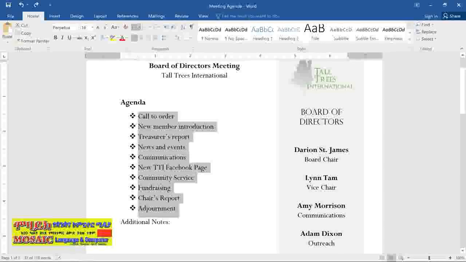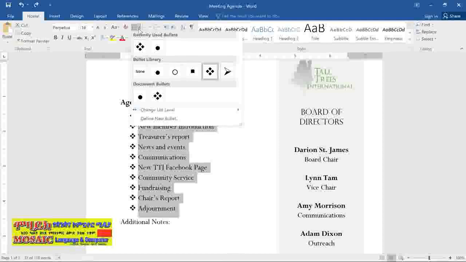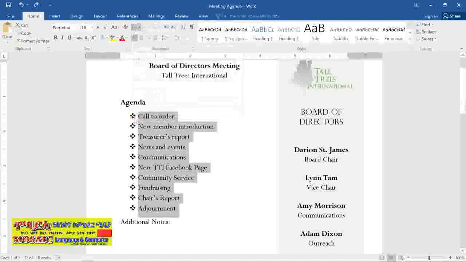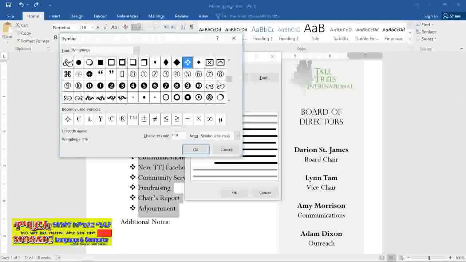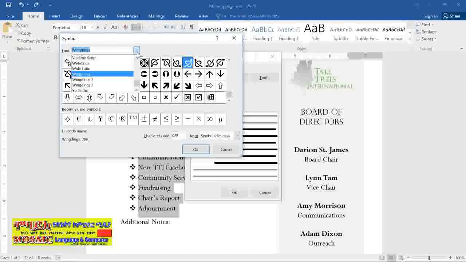While I'm here, I'd like to change these bullets to something different, but when I click the drop-down arrow, I don't really see any that I want. That's okay because there are a lot of other symbols we can choose from. Just go to Define New Bullet and click Symbol. Then select a font. I'd recommend using any of the Wingdings fonts because they have a lot of symbols to